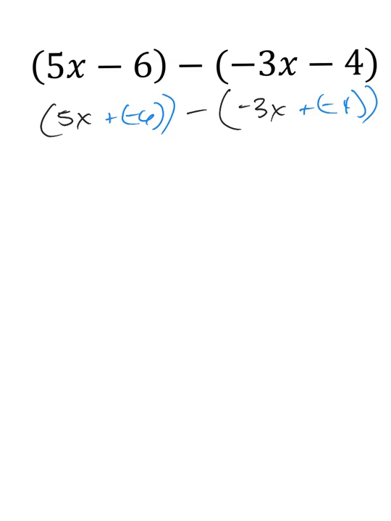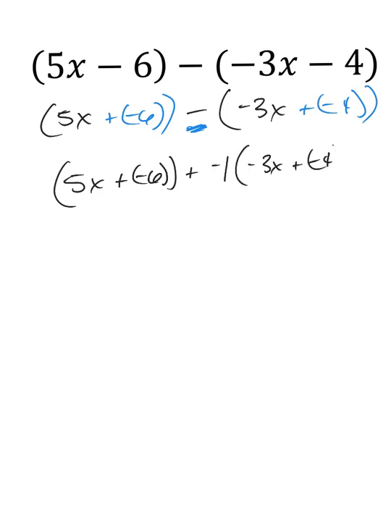So my next step would be to take this subtraction here and make it addition. So I write 5x plus negative 6 plus negative 1 times negative 3x plus negative 4,